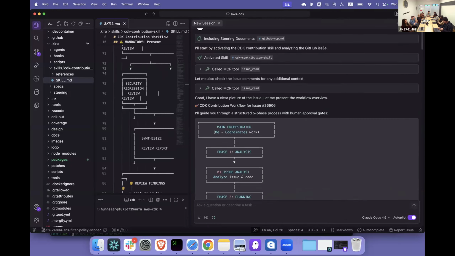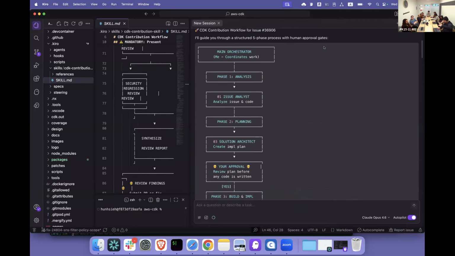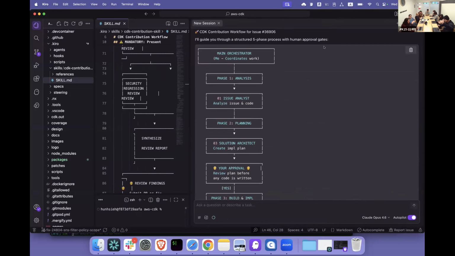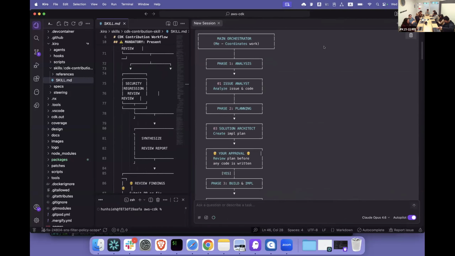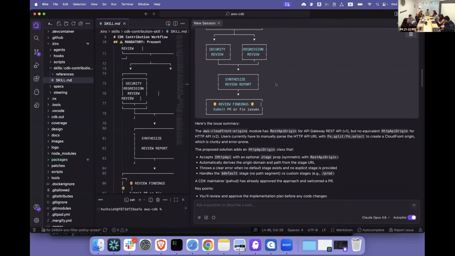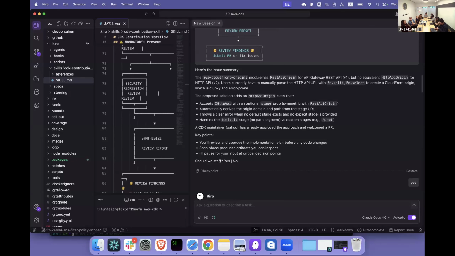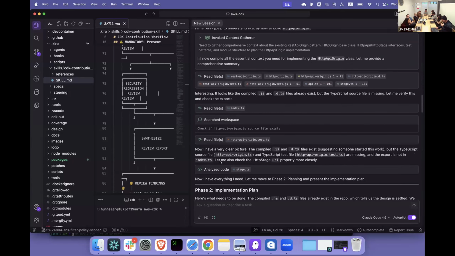And what's happening here is the skill will pick up, and the ASCII diagram will come up and let you know, hey, we are going to go through this pipeline from the analysis phase to the final phase. It's just like a pipeline, and it asks you, hey, are you ready to go? And if you are comfortable, you just hit yes, and then you will see a sub-agent coming up doing the issue analysis